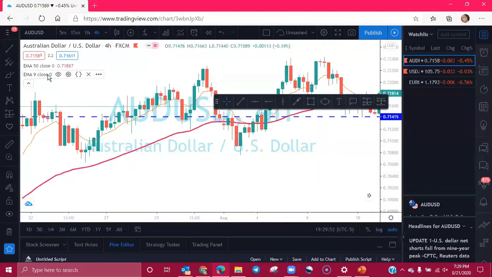Then we have this other EMA that's on our list, and say we just don't want it anymore. You hover your mouse over that indicator, you go over to the X, and you click remove, and it removes that EMA. Okay? And actually for now, that is all we're going to go over today. I do want to show you one thing. Right here where you see that it says unnamed, that's the chart that we're on. If you ever want to name your chart, you can click on that drop down.